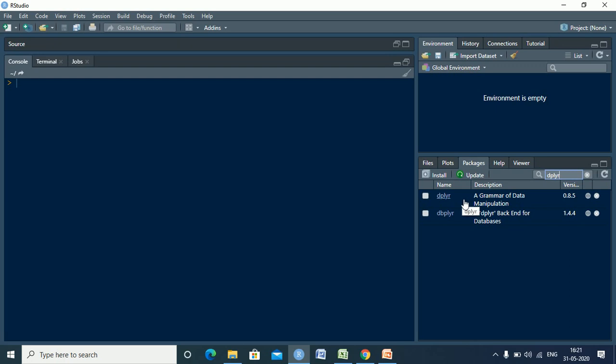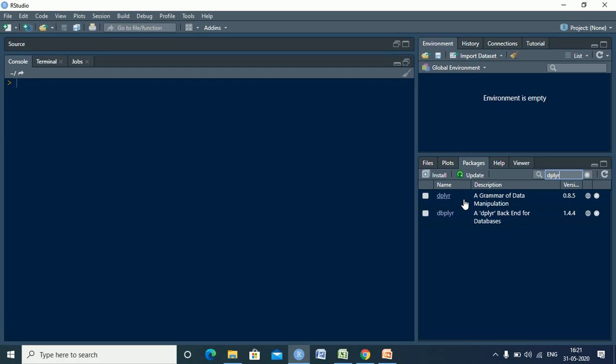If it is available here in the library, it means that the downloading has taken place. If your package is not seen, that means you have not downloaded that particular package. To use this package, you have to see to it that it has been called when you're using RStudio.